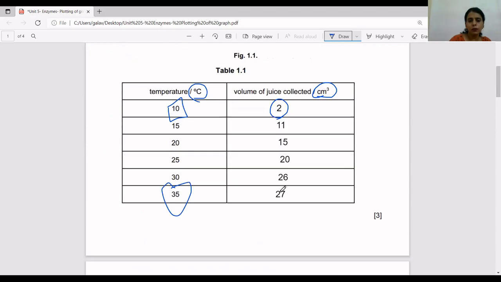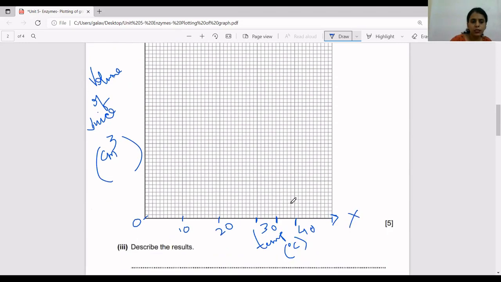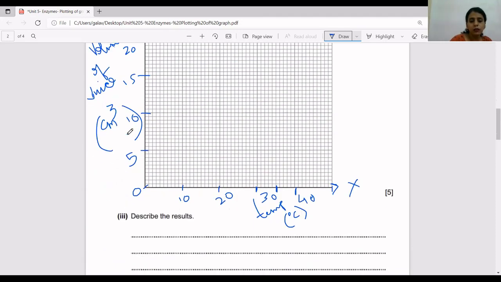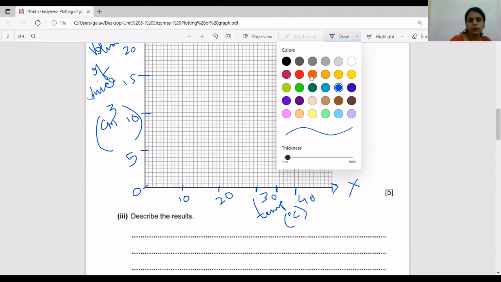And when we talk about the volume of the juice, the minimum is 2 and the maximum is 27. So you have to choose the appropriate scale here. You can again take it as 5, 10, 15, 20, then 25. Fine. Now when you plot this graph,